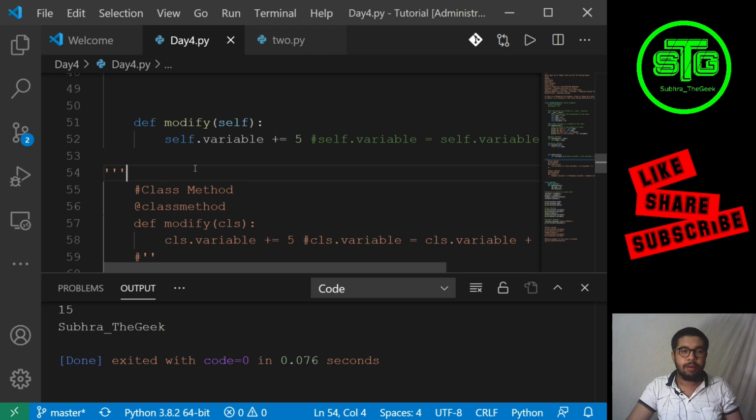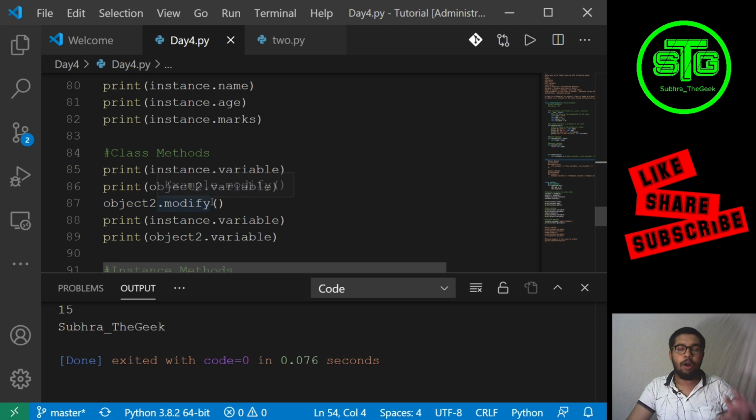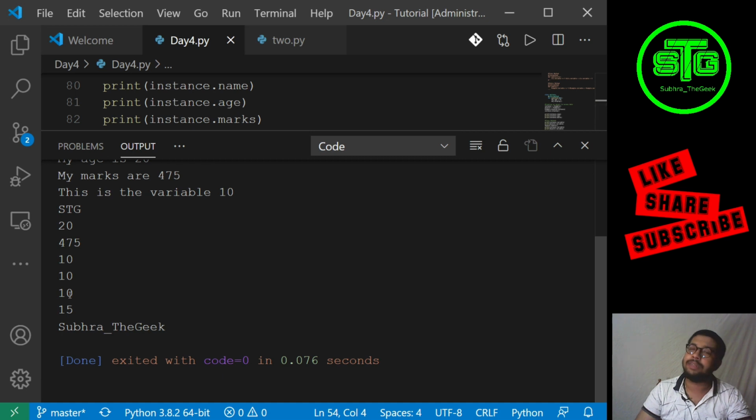Now on object 2 I am only modifying, and in the first object, the instance object, I am not modifying the variable. So when we ran this, we saw that the variable for instance remains constant, and the variable for object 2 changed to 15, since 5 was added to 10. In a few cases, some variables need to be changed per object. Say, for example,